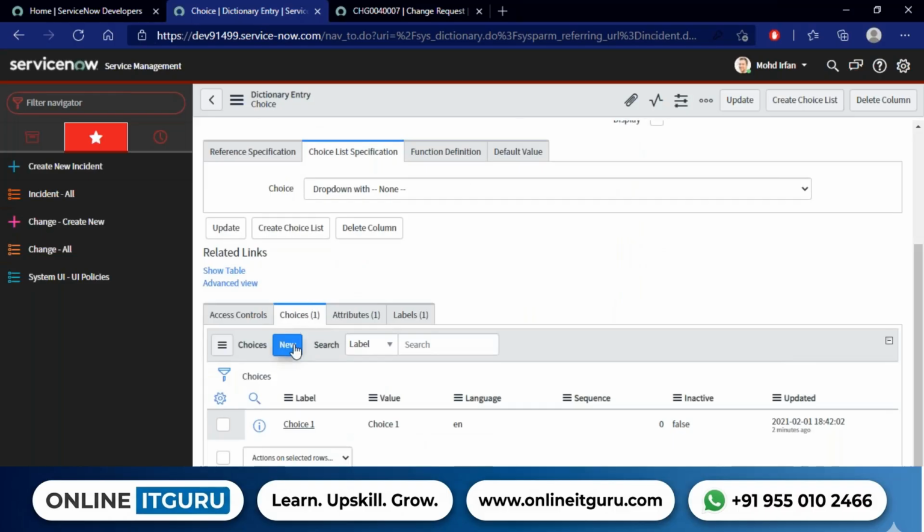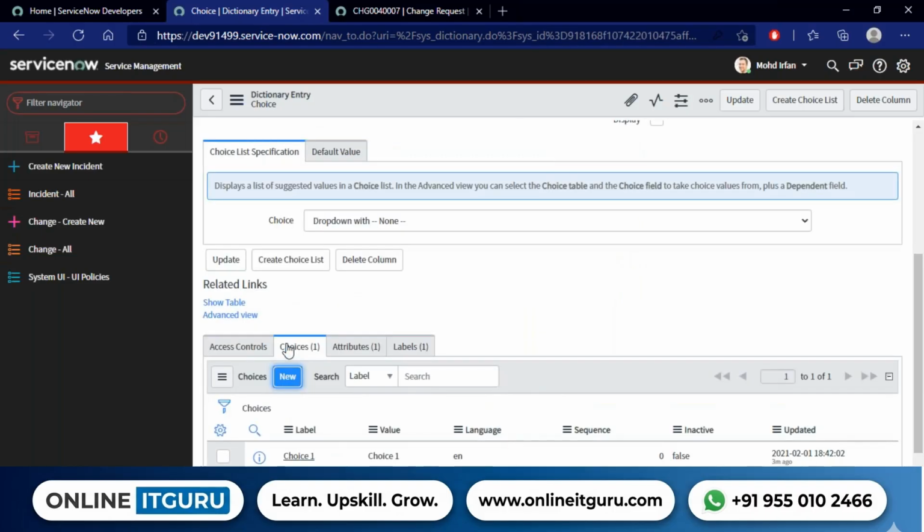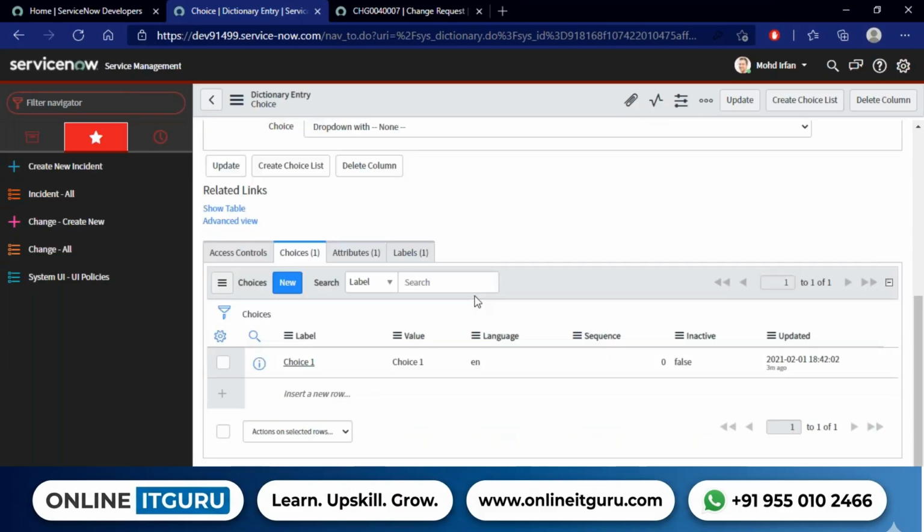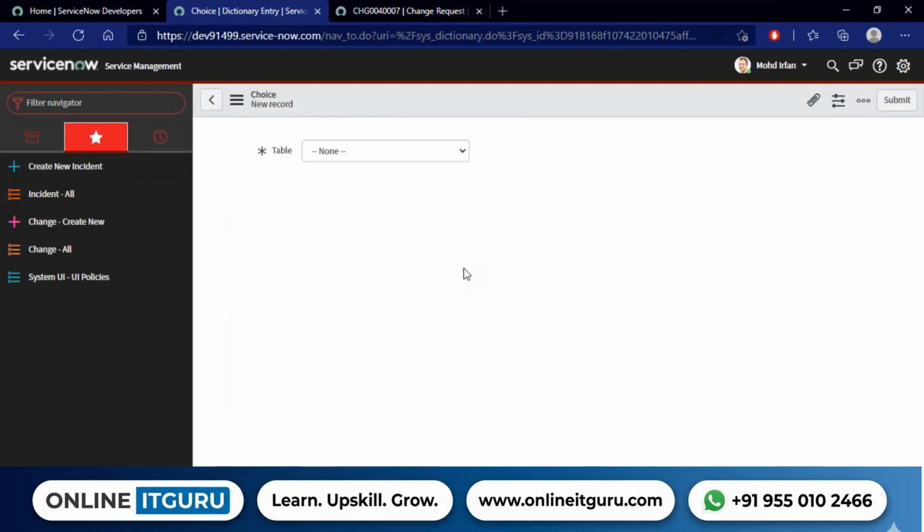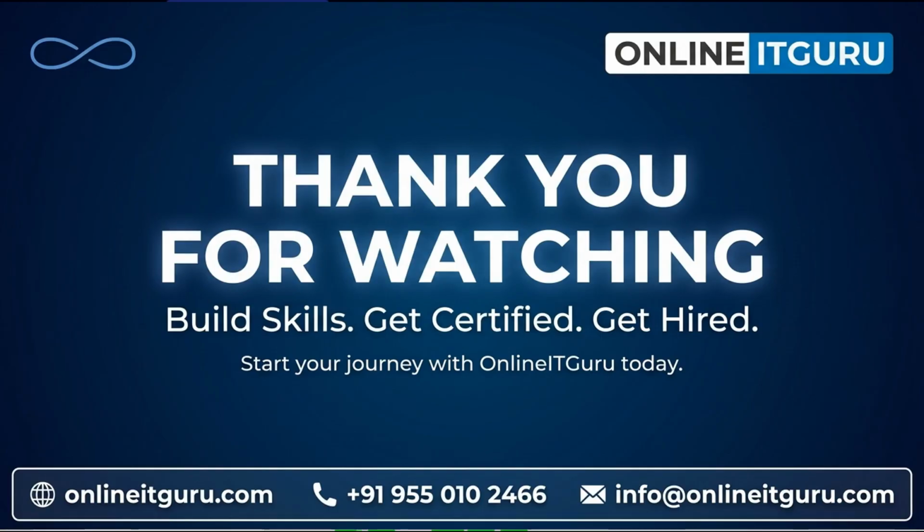Okay, so you can see choices. Create new. It's so slow. Okay, now you can see the choice element and